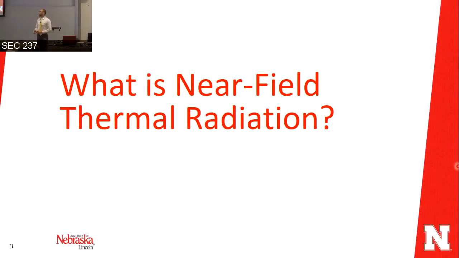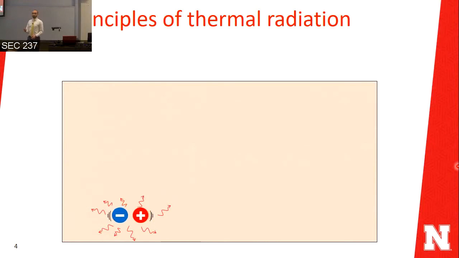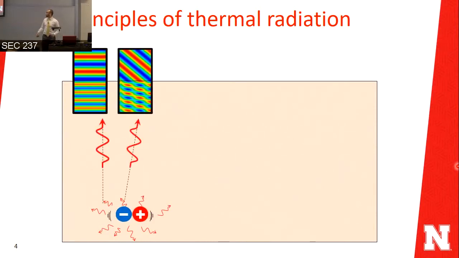What's near-field thermal radiation? To understand near-field thermal radiation, you need to understand what thermal radiation means. Thermal radiation is electromagnetic radiation emitted by all kinds of materials found around us at temperatures above 0 Kelvin. You know that all materials are composed of positive and negative charges, and they are vibrating due to the thermal energy they possess. So if you consider one charge vibrating inside the bulk and see the radiation coming out of this charge,